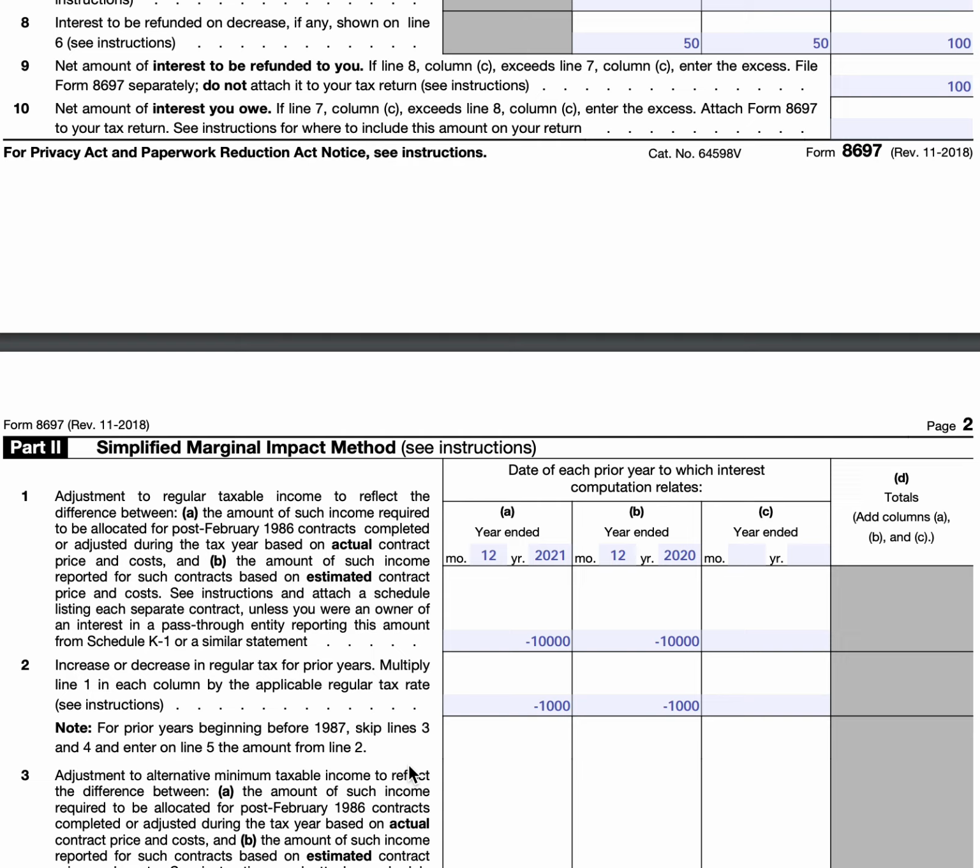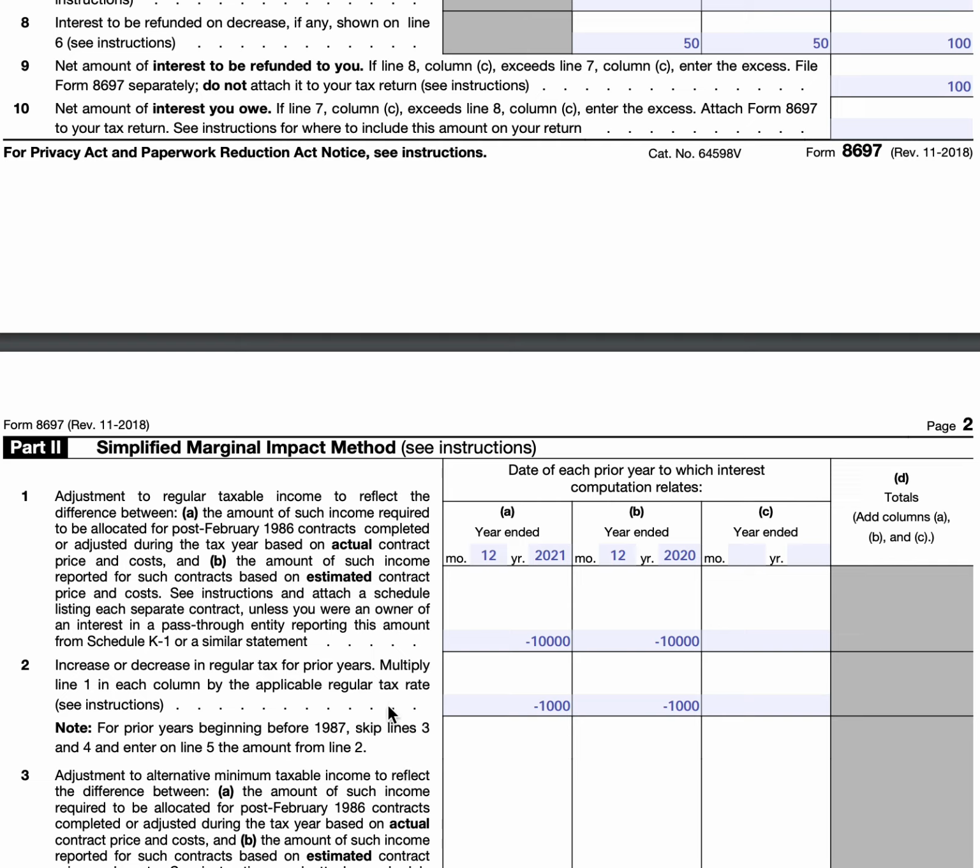Now, there are a lot of nuances in here that we won't cover in the video, but we do cover them in our article. So there are certain exceptions for construction contracts, small contracts, and a de minimis exception. And there are other considerations that you would take into